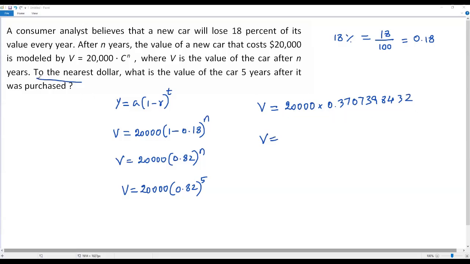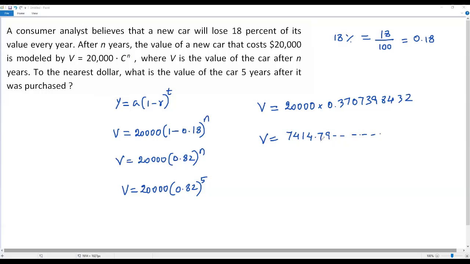because the question says to the nearest dollar. Nearest dollar means the product has to be rounded to the nearest integer. When I multiply this 20,000 by 0.3707398432, I get 7414.79. It keeps going. When I want to round this value to the nearest integer, I have to consider